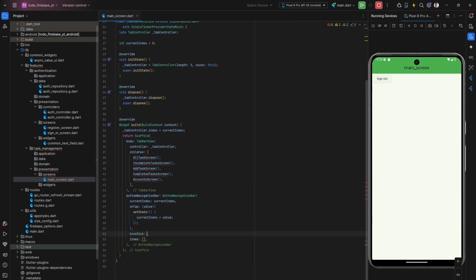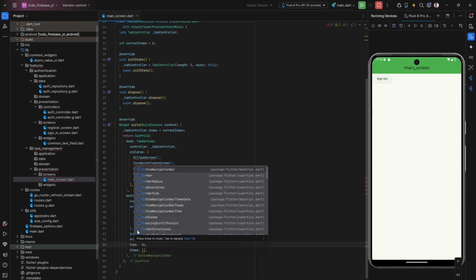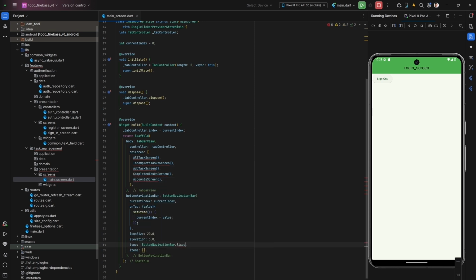We can add the icon size of 20.0. We can also add an elevation of 5.0, like that. Also, we can add the type to bottom navigation bar fixed, and this is going to ensure that we have a fixed navigation bar at the bottom here without fluctuating the sizes of the icons, etc. So this is bottom navigation bar type